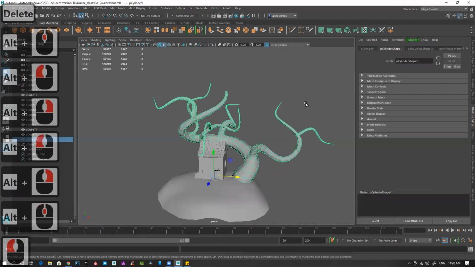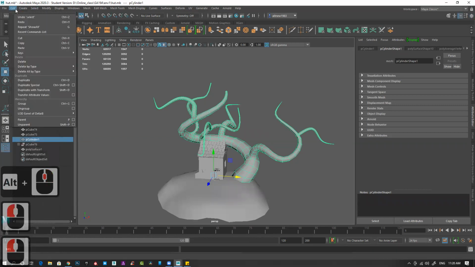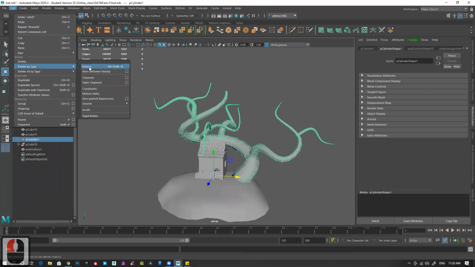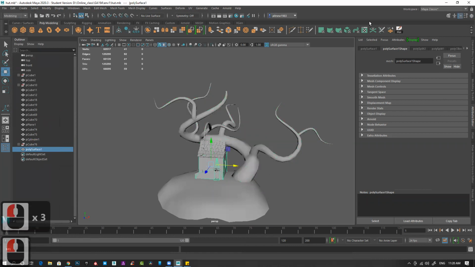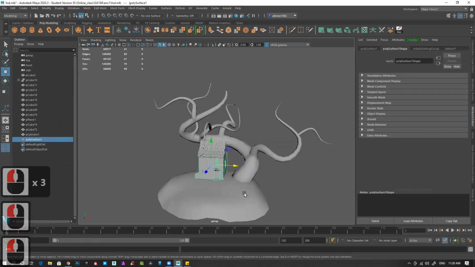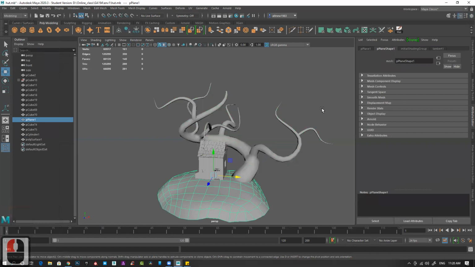If I select anything, you can see there's a history, delete history. Lambert 1, history, Lambert 1, history, Lambert 1. So anything you create in Maya, by default, is assigned with Lambert 1. Without material Maya doesn't work. If you delete the material, this Lambert 1 you cannot delete.